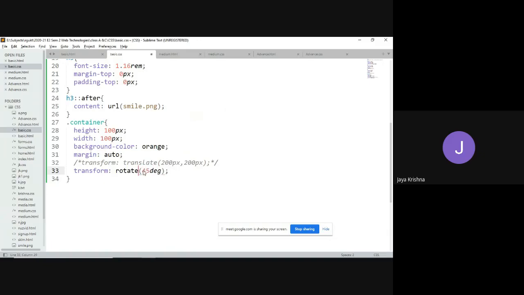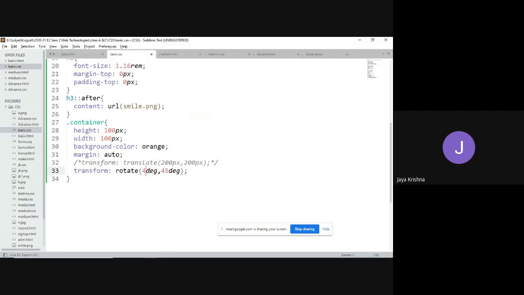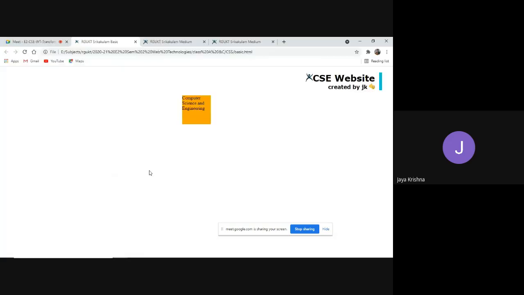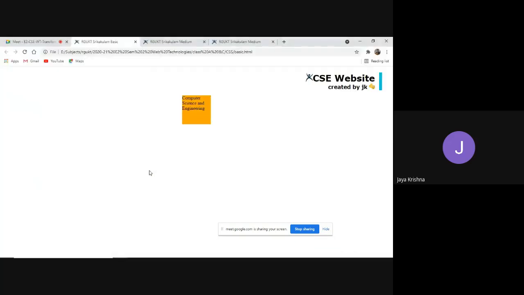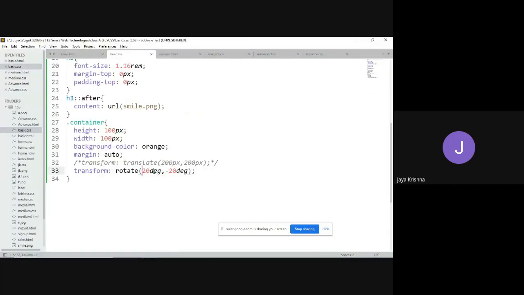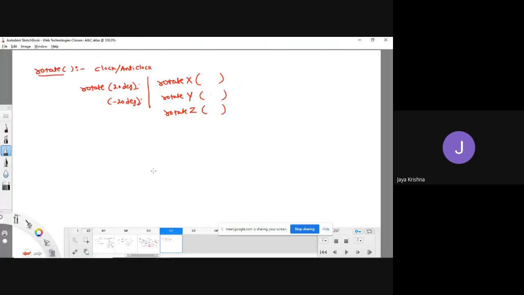Fine. If you want to transform over both the y-axis as well as the x-axis, then I can go for the rotate method directly. It is not working, right? Because we need to give the values. Instead of giving like this, I can go for defining like this. This is all about the rotate method.